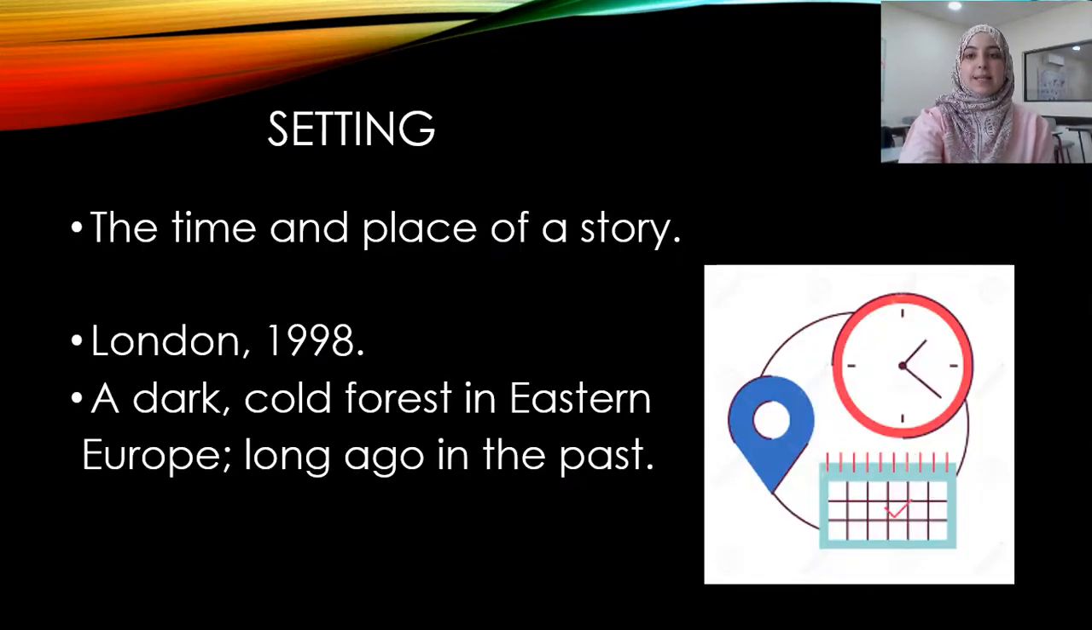Number 1, the setting of the story. Now, the setting of the story explains the time and the place of any story. For example, I can say this story took place in London, 1998, or I could say it was on January 15th at 5 o'clock, for example. I can give you a specific time and a specific location, a place,